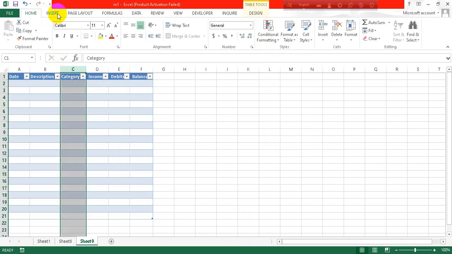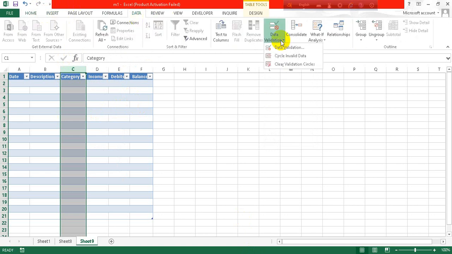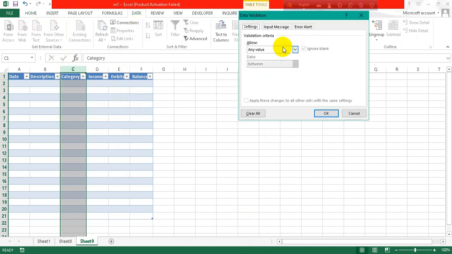We have to go to data tab and click on data validation and click on list, and here you can add some source like